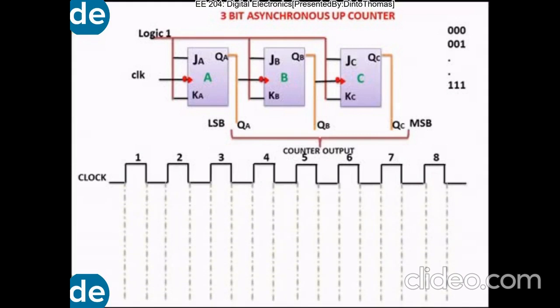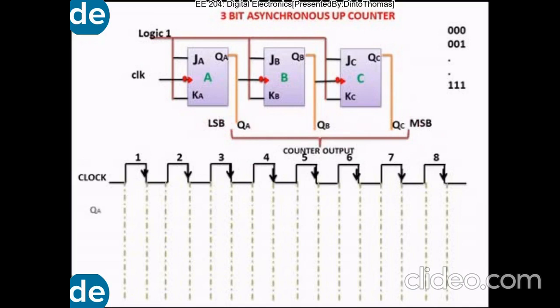The clock pulse might be negative edge or positive edge, but here we have considered negative edge, so I am marking on the side of the negative edge. The same problem can be dealt with positive edge also, which has to be done as an assignment. These flip-flops will depend upon the negative edge, and will react according to the toggle condition. So based on this clock pulse, QA, QB and QC will be varying.